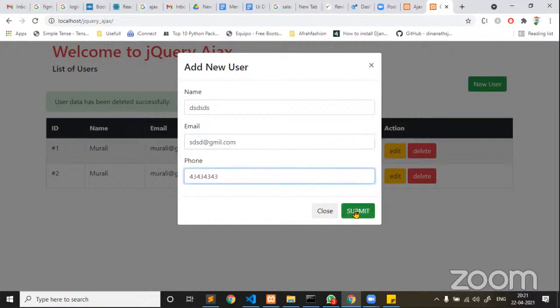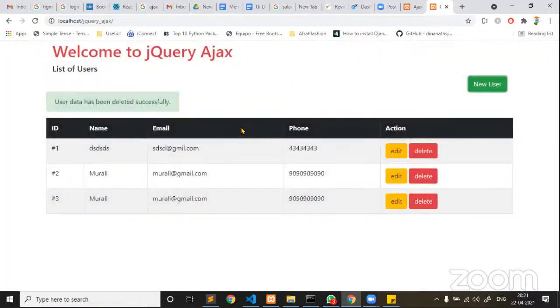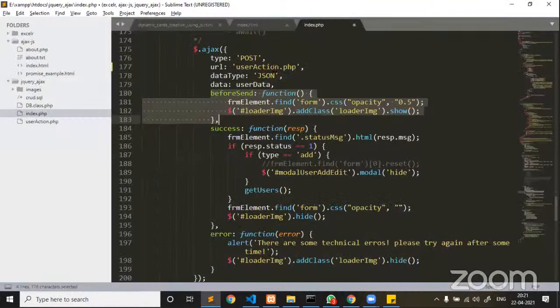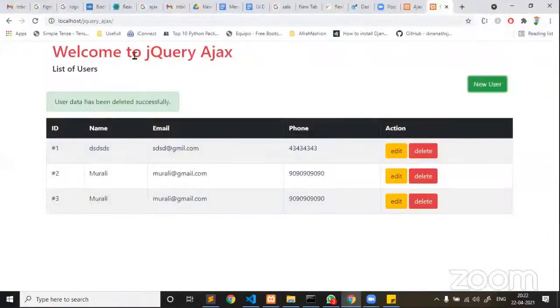On click of submit, you can see that there is a loader which immediately came and then disappears. In case you are sending a request to a server side file which is nowhere available, a page not found or resource not found error will come.